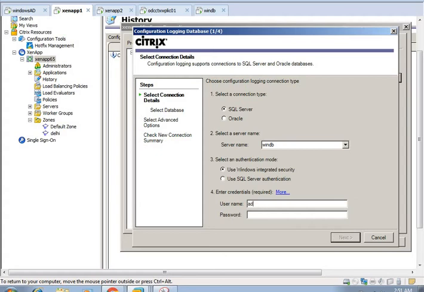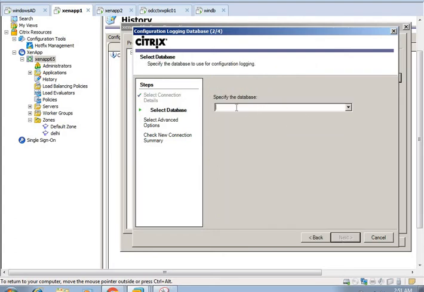Then specify the database name. The database name is WinDB/CitrixDB. So let's wait for the database configuration.